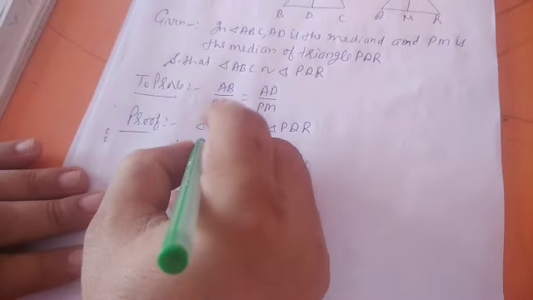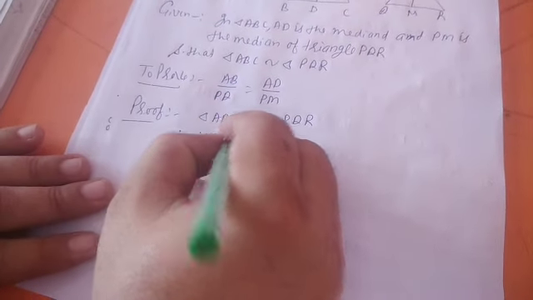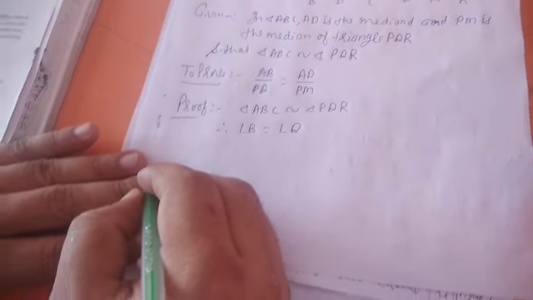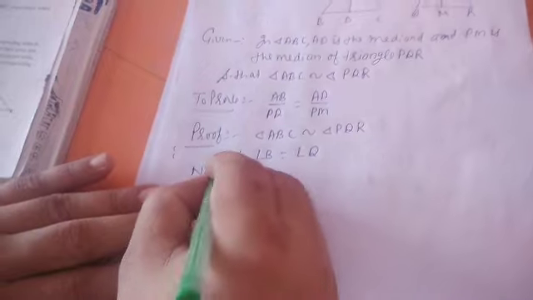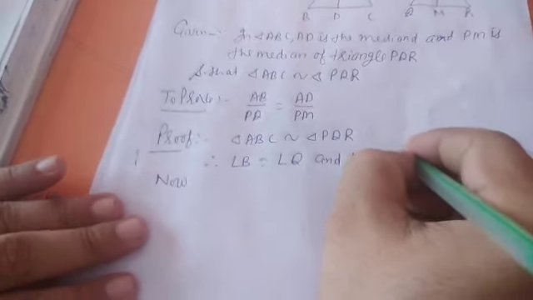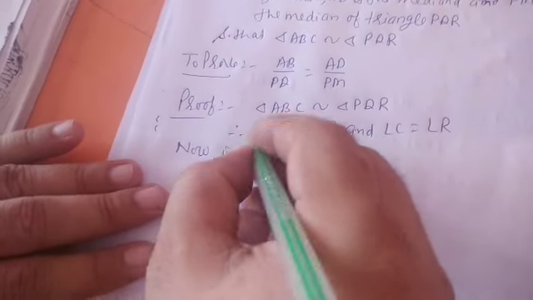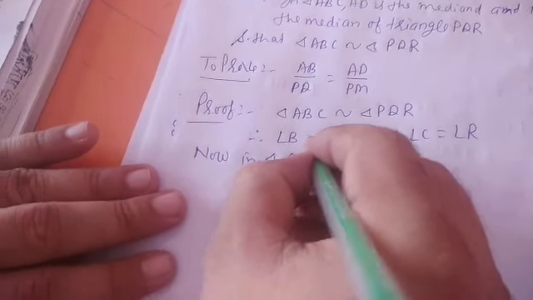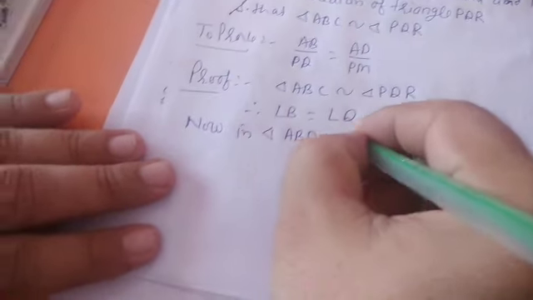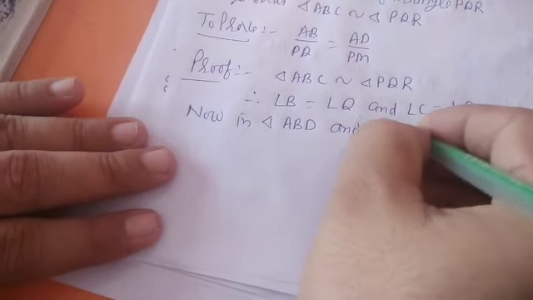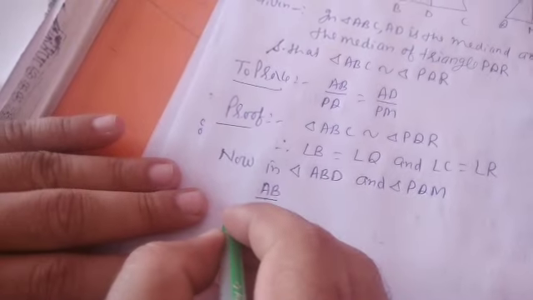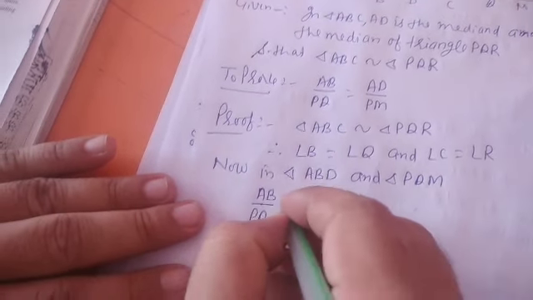Therefore, angle B equal to angle Q and angle C equal to angle R. Now, in triangle, which triangle? ABD and triangle PQM. AB by PQ is equal to